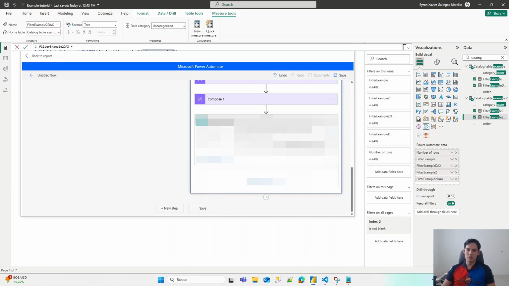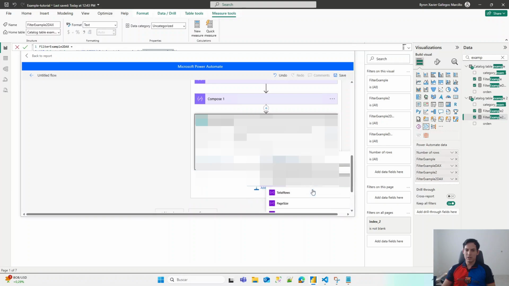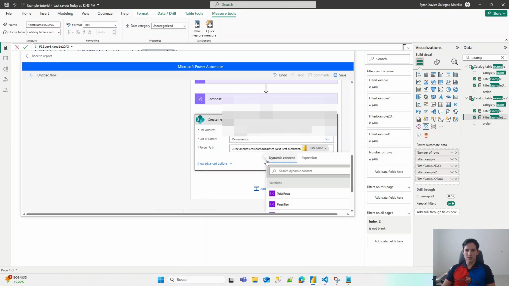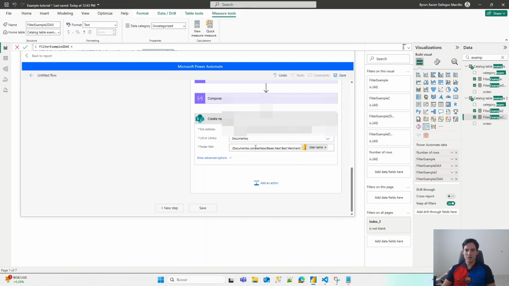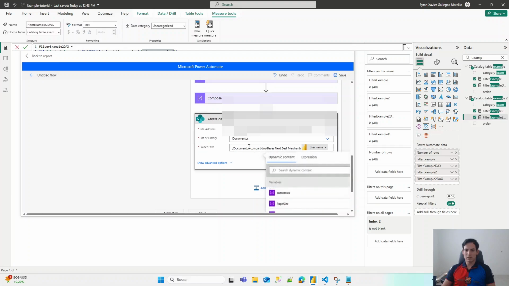Select mine, select the library, and on the path we're gonna set up, for example, this that I know that I have. I know that in this library I have this direction, so I'm just putting that,